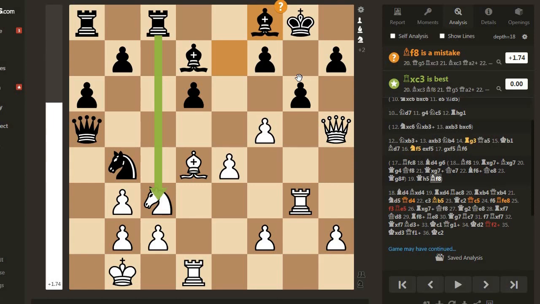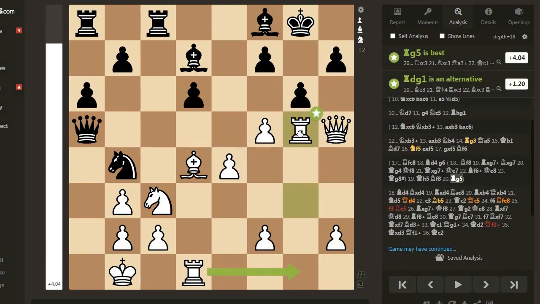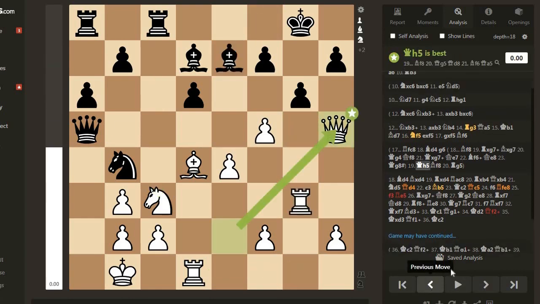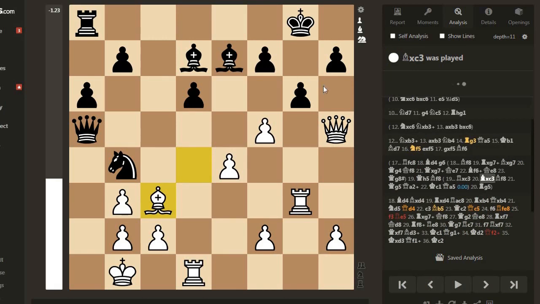White needs a new idea, which comes in the form of rook g5, which breaks the pin along the 5th rank, and in fact threatens f takes g6, attacking the black queen. So here, if at all rook takes c3, then after bishop takes c3, then bishop f8,